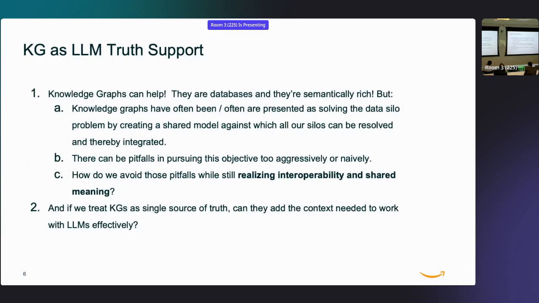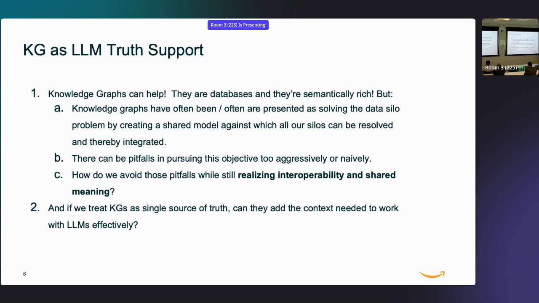Okay, so I touched on some of these things, right? Everything that I've positioned at the front of the conversation is ways that knowledge graphs can potentially help improve accuracy and confidence levels of the data. But we're going to have to revisit some of the things that we might consider to be sacred cows in this space. Some of the sacred cows are that knowledge graphs should serve as a single source of truth, that knowledge graphs should be designed and deployed with univocal definitions, and that we should always strive for global consistency.